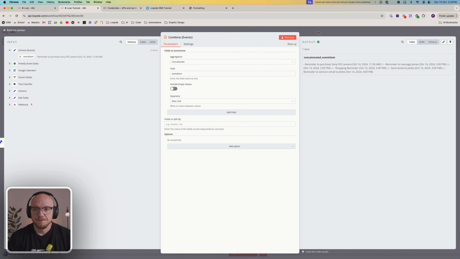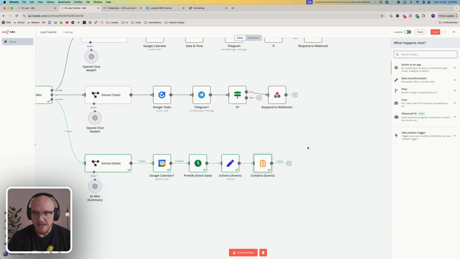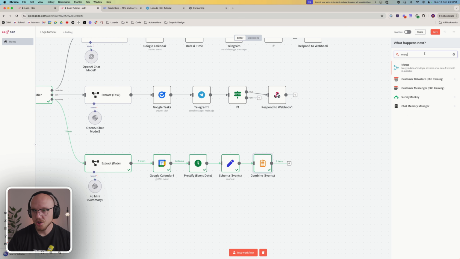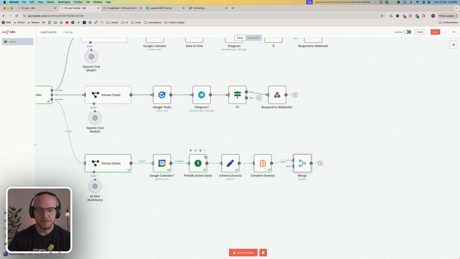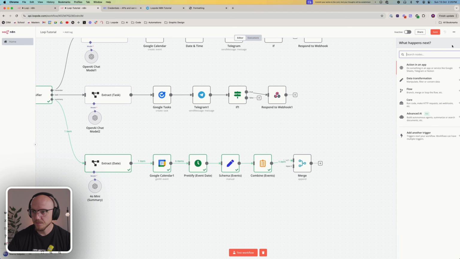So that's good. What we need to do now is add something called a merge node. Now this merge node is different from like combining and concatenating, because what it does is it waits till all inputs have provided data and then it continues. So this is important because now we are going to add a new node